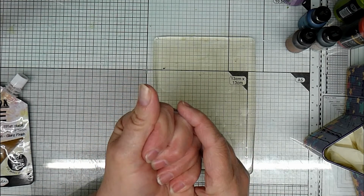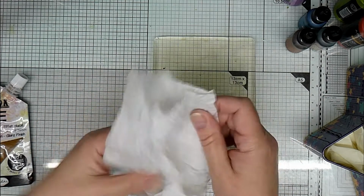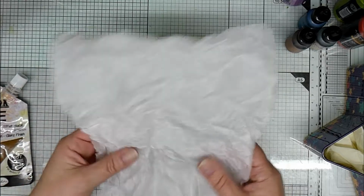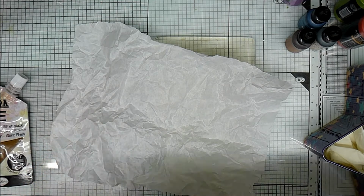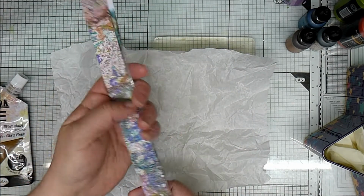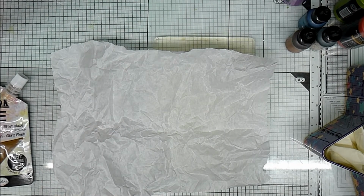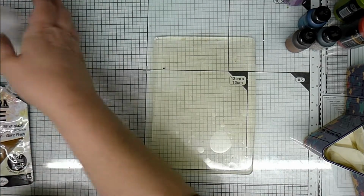use these later to make tape or collage fodder, because once the alcohol ink is on them and some of the ice and some of the other products, it makes fantastic tape. I've got some here which I've created, and it makes lovely tape, which you can use for collage, for anything, really anything you want. And you get a lot of the colour on here, so it's nice to keep it and use it for